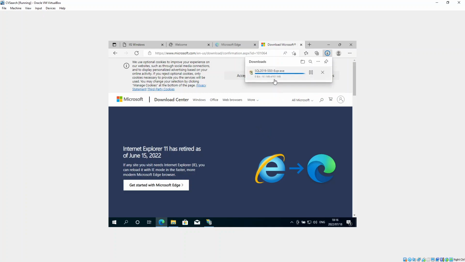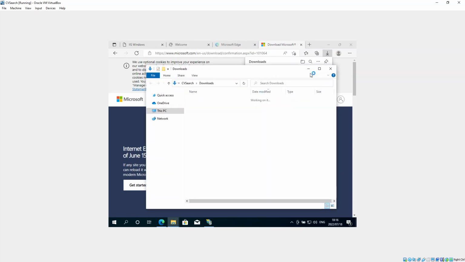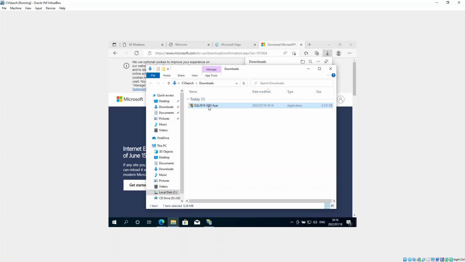As you can see, 6.1 megabytes, very small. I've already downloaded the main file, but I will show you how to get the full version instead of worrying about the light internet download. Once it's downloaded, you get the option of going to open folder, and there's the file there. So if you just double click on the file,